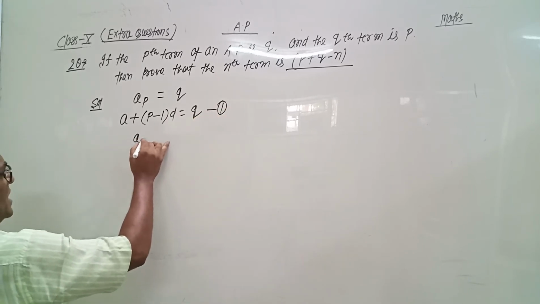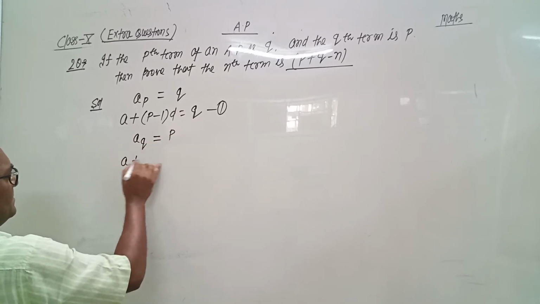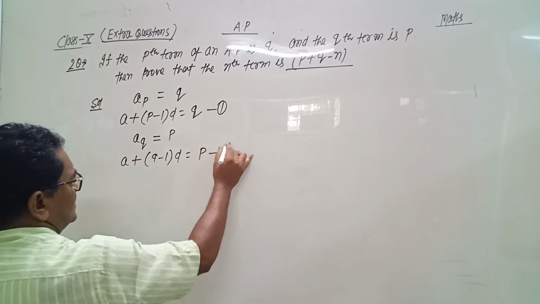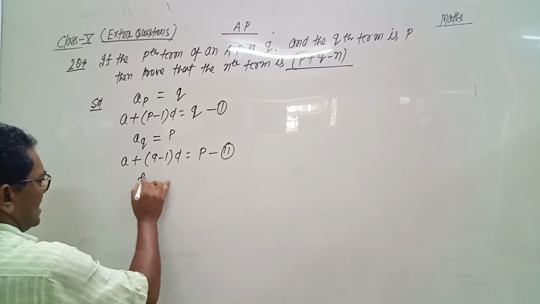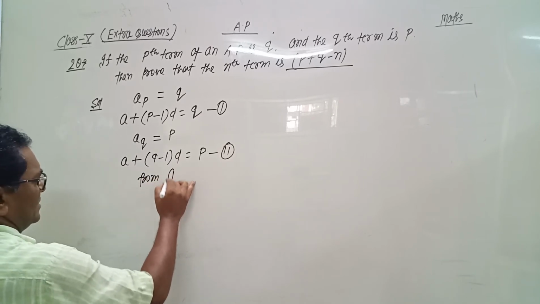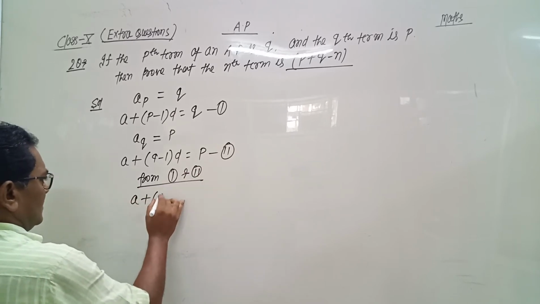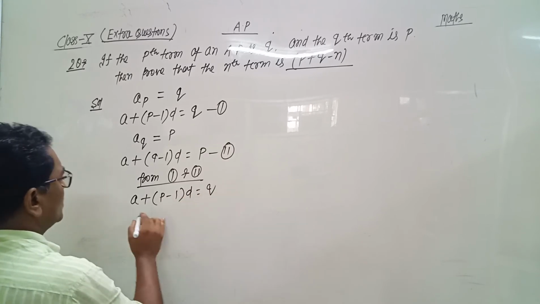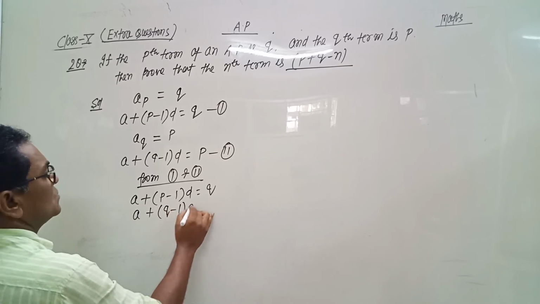Now we are also given that the qth term is p. So a plus (q minus 1) into d equals p. This is the second equation. We solve the first and second equation by linear equations and find the value of a and d. So from first and second, a plus (p minus 1) into d equals q and a plus (q minus 1) into d equals